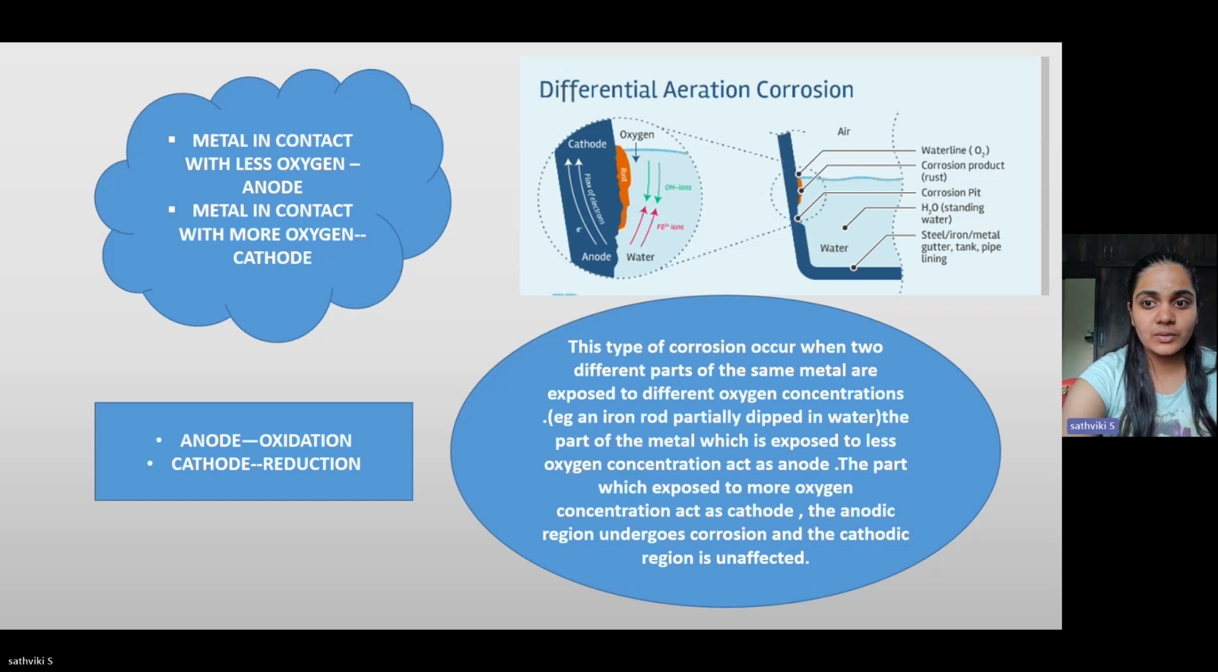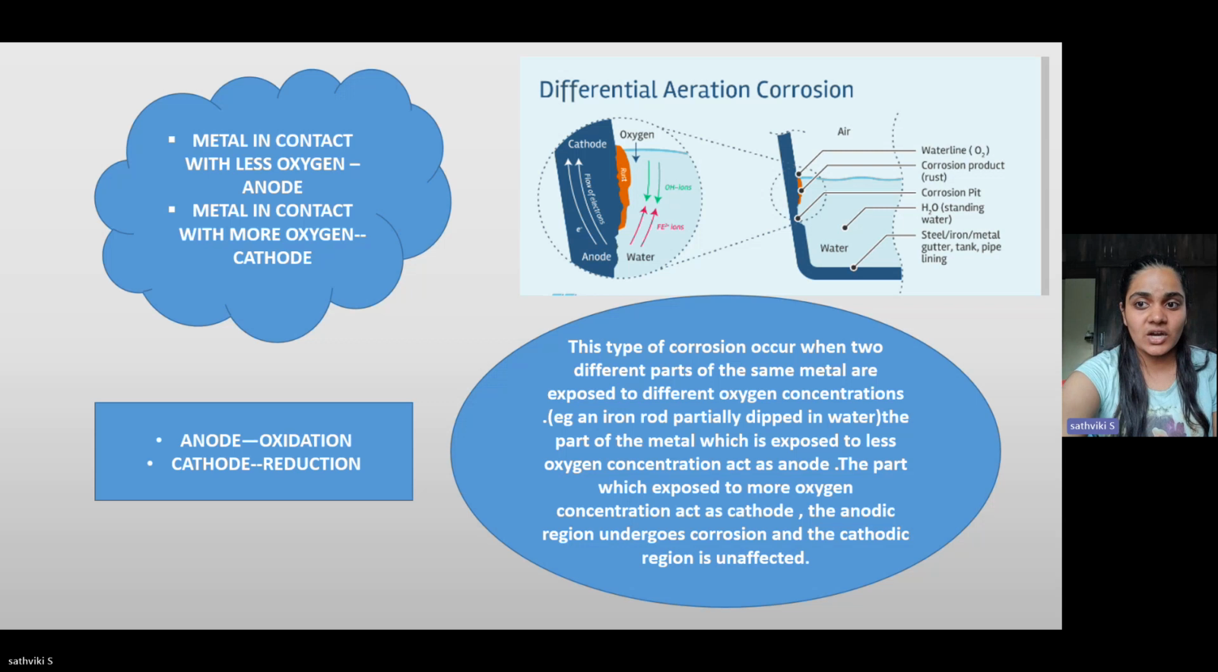Metal in contact with less oxygen is the anode. Metal in contact with more oxygen is the cathode. The anode undergoes oxidation and the cathode undergoes reduction. This type of corrosion occurs when two different parts of the same metal are exposed to different